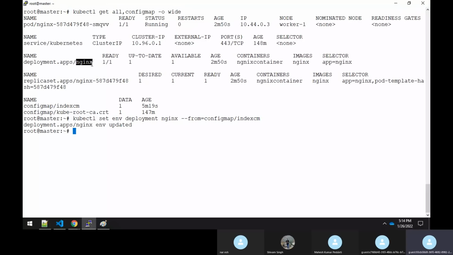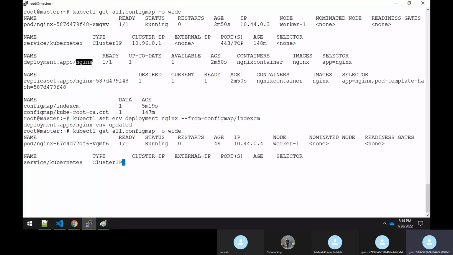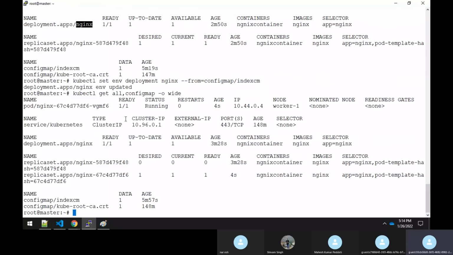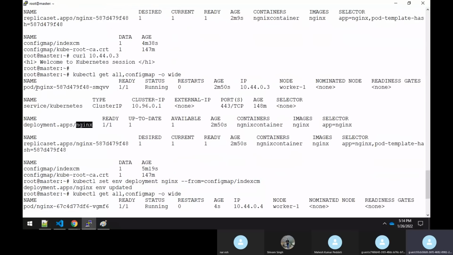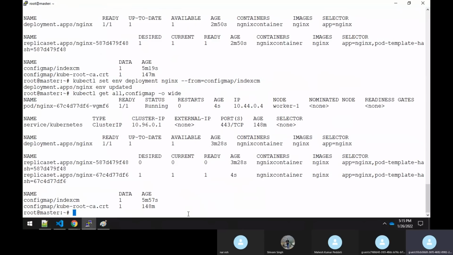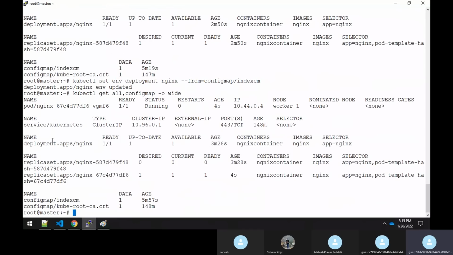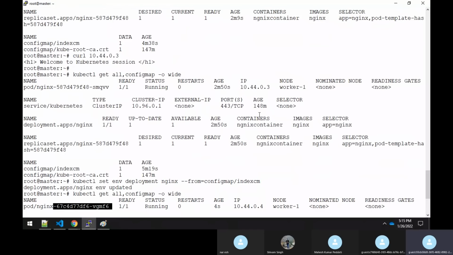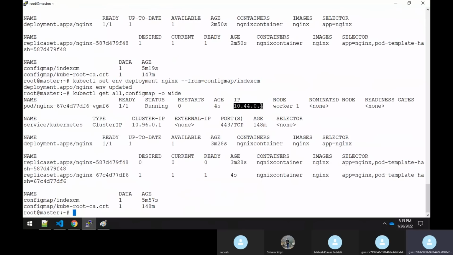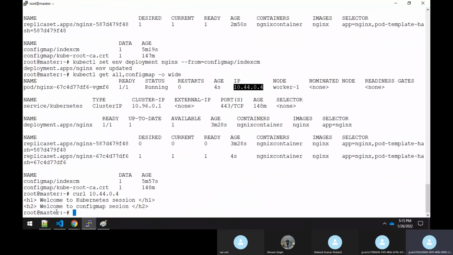So basically what will it do? If you see, it has rerun it. Earlier, the pod which was running was ending with smqvv. Now you could see that the new pod has been created. Basically this pod got terminated and a new pod got created. Earlier the IP address was 10.44.0.3. Now you could see that the IP address has changed, correct? If you run a curl command to this IP address, now you could see the